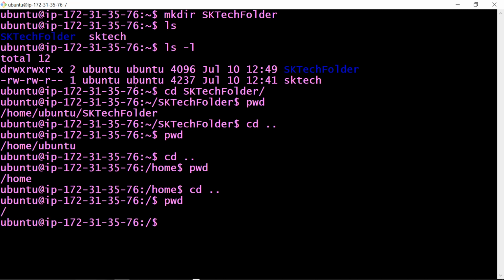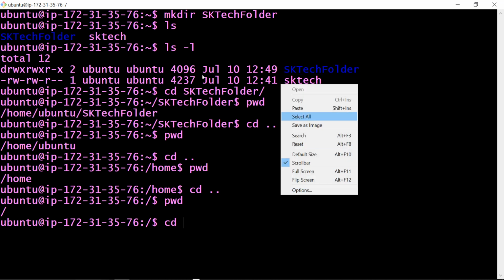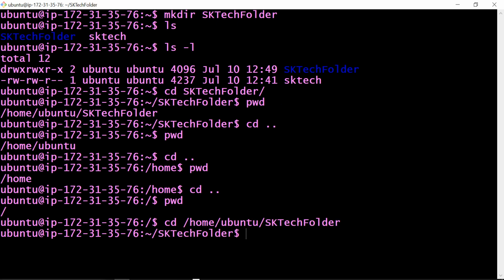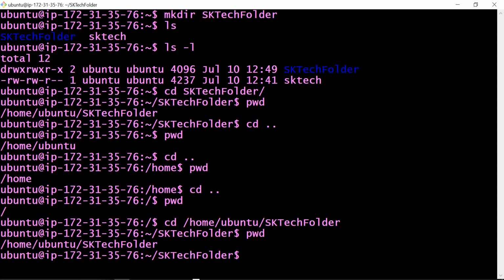Now if you want to go inside your sktech directory, which normally exists under slash home slash ubuntu, we have to provide the complete path. cd slash home slash ubuntu slash sktech folder. See, so this is the way to move from one location to another location, but you have to